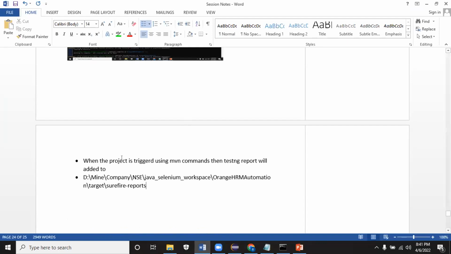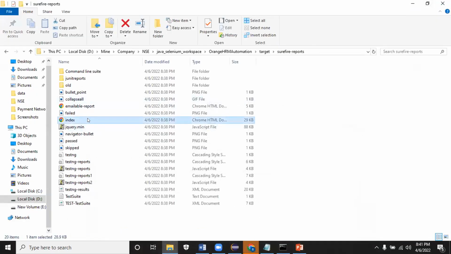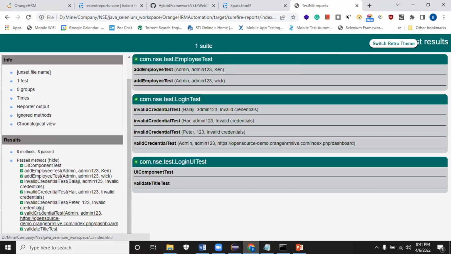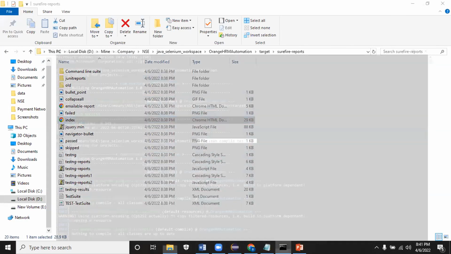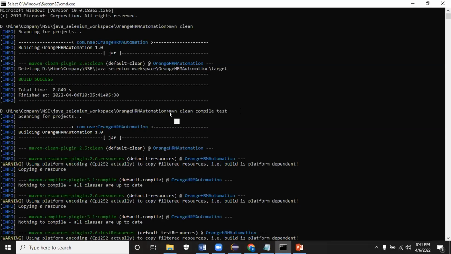Just make sure of the Surefire report, wherever your project is. Inside the target folder, Surefire report, you will have the testng report. Let me open this. Under Surefire report testng, I have all 8 test methods. Right now I triggered using the Maven command. So Jenkins and all will add this command on.